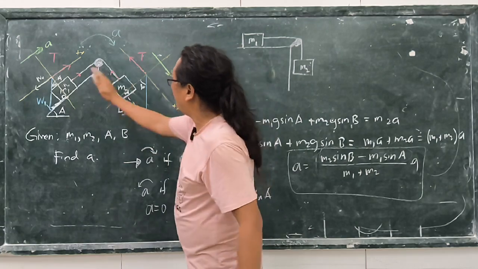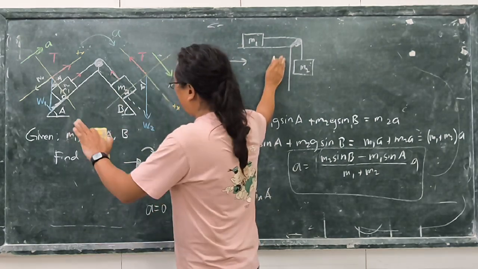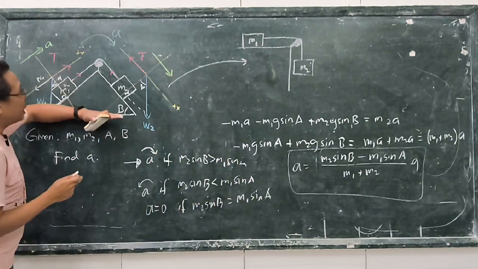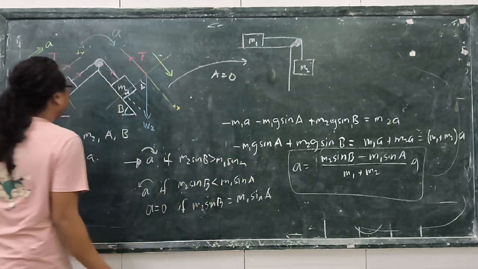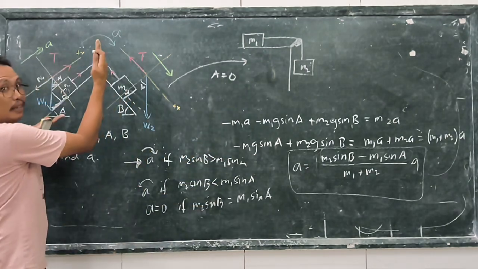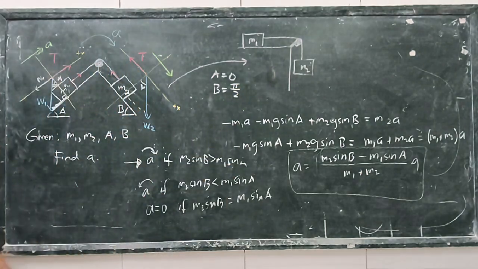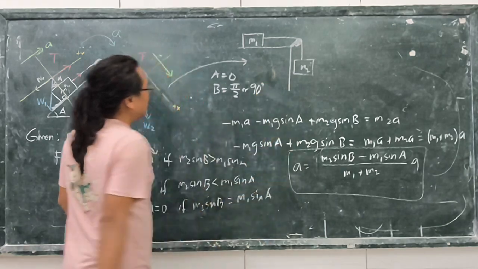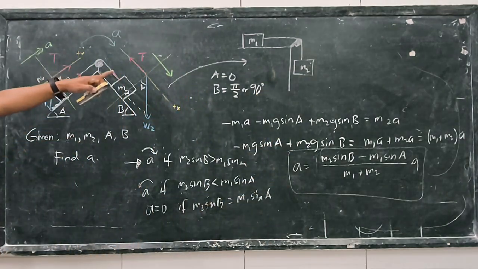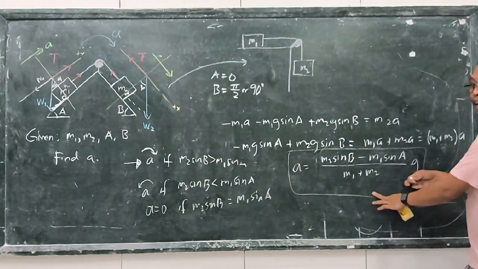Now, how are we going to transform this case into that case? Well, you can arrive at this by setting A equals 0 and B becomes 90 degrees, or pi over 2. So we would have that formula. In this case, our acceleration, we are going to use this one.